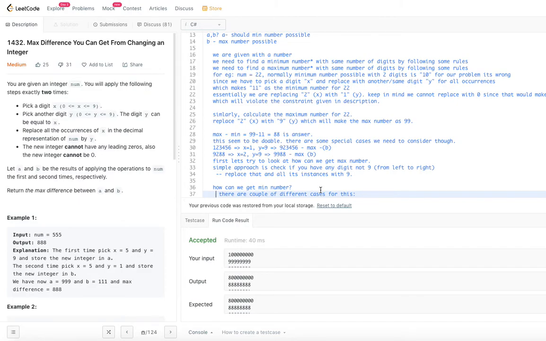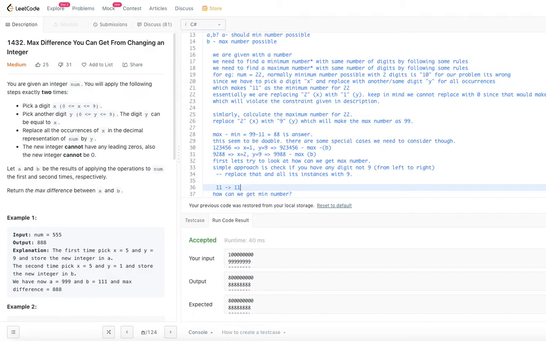So in some cases, the number itself given is a minimum number, right? So this is what it says: the digit y can be equal to x. If you take whatever it is there and replace it with the same thing, it itself is the minimum number. That means, let's say for example 11. What is the minimum number possible? 11 itself.